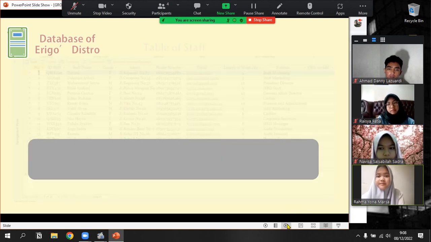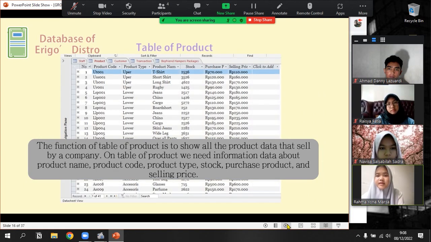And table of product. The function of a table of product is to show all the product data that is sold by a company. On table of product, we need information data about product code, product name, product type, stock, purchase price, and selling price. And for product code, we have a meaning for the product code. For example, LLP 001 is the product type for lower long pants, and 001 is the type of product jeans. Next,